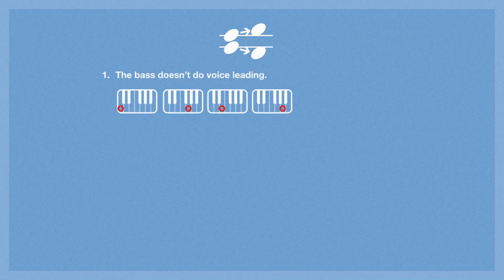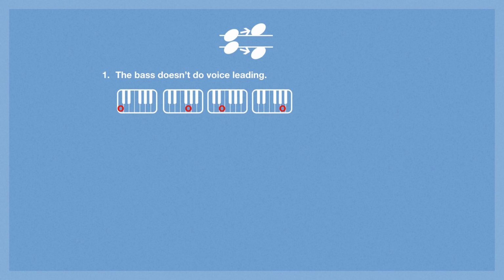So here's a couple of things that you should keep in mind when you're writing chords pertaining to voice leading. Number 1 would be the bass does not need to do voice leading. Most often it is best if the bass part of your arrangement, so a bass guitar, or if you're playing just on piano, the left hand, just jumps around. So don't try to make that too melodic. Don't try to move that stepwise.